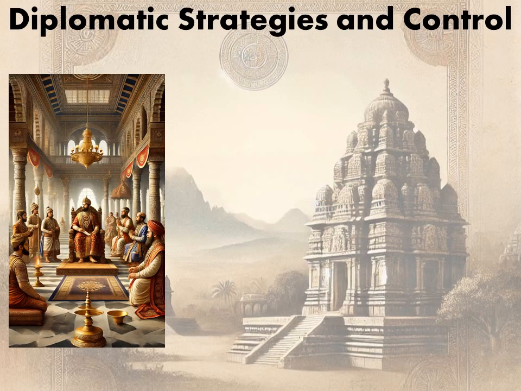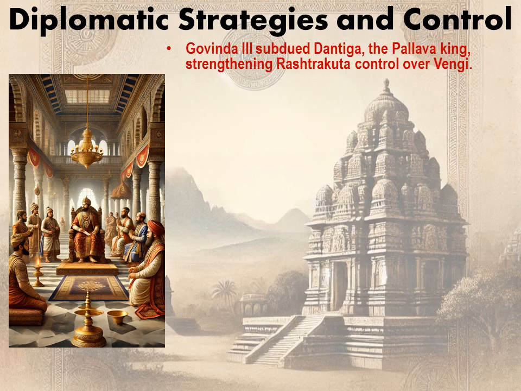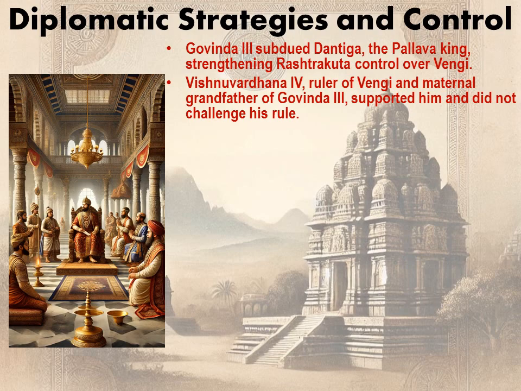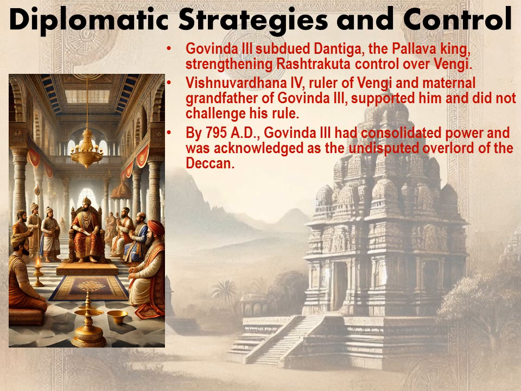Diplomatic strategies and control. Govinda III subdued Dantiga, the Pallava king, strengthening Rashtrakuta control over Vengi. Vishnuvardhana IV, ruler of Vengi and maternal grandfather of Govinda III, supported him and did not challenge his rule. By 795 AD, Govinda III had consolidated power